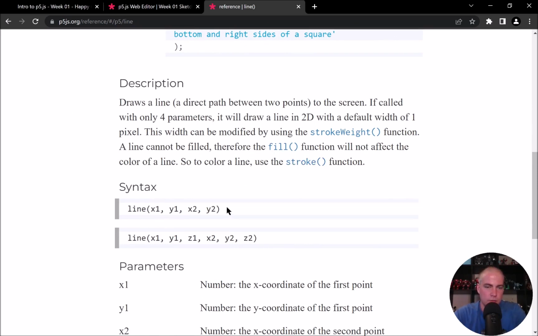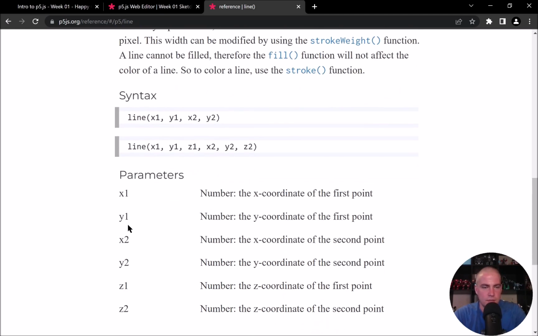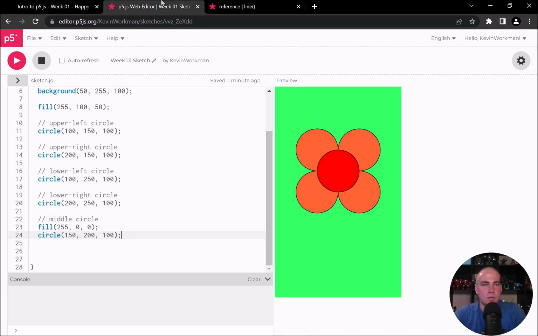But what I'm looking for is this syntax. It's line x1, y1, x2, y2, and it tells me what those are. So it's two points, x, y, x, y. Okay, I think I can probably work with that. So maybe I will start out by drawing it kind of randomly. Maybe I'll say 100, 100 down to, I don't know,